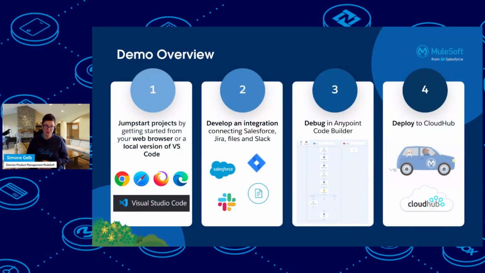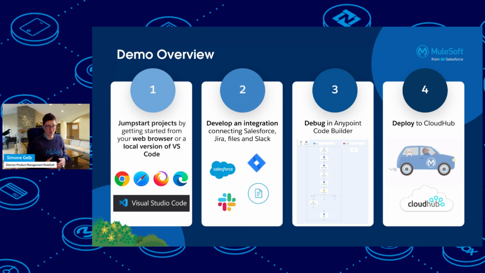So the demo today, because it's all about connecting systems, I'm going to show you how you can connect to Salesforce, define a Salesforce trigger every time a new case is created in Salesforce. Then I'm going to create the same case also in Jira. I'm going to write the outcome of that to a file. And if the case is high priority, then I'm also going to send a message to Slack. And then I'm going to show you how you can debug this in Anypoint Code Builder and how you can